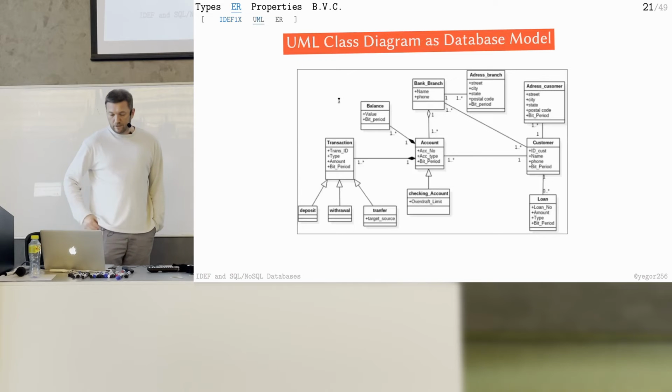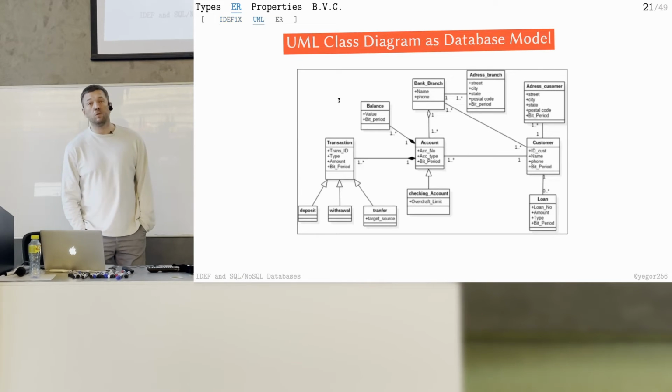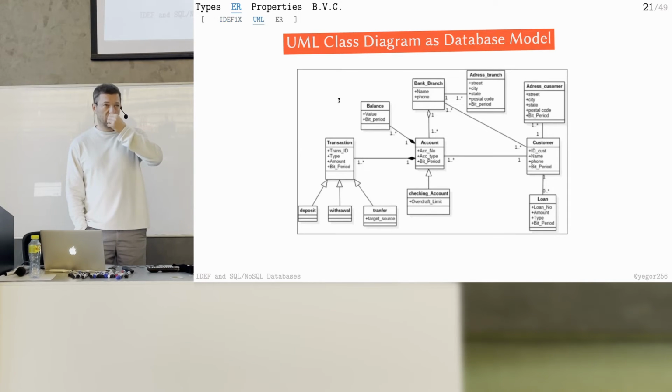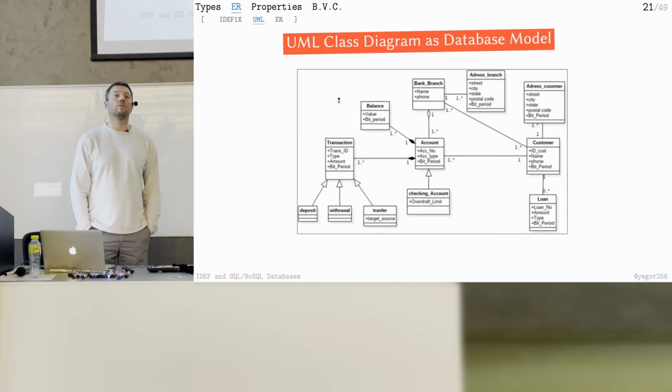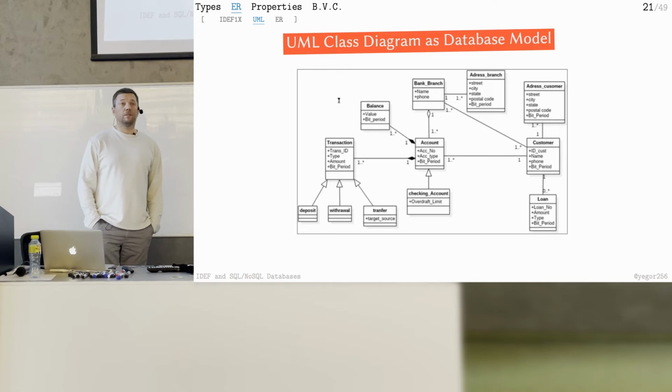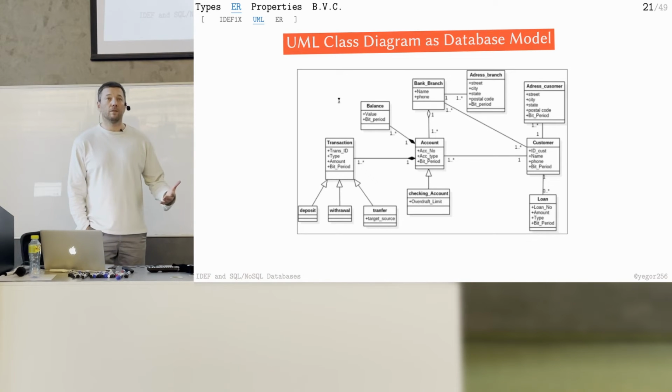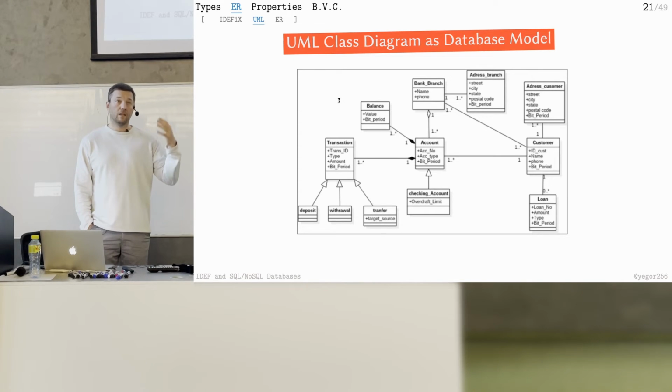The second one is UML. UML can also be used for relational data modeling. What kind of diagram is this? Who knows? We studied which one? In UML, which diagrams do we know? Class diagram. Class, component, deployment, sequence, activity, communication. So which one is this? It is a class diagram. It's a normal class diagram.